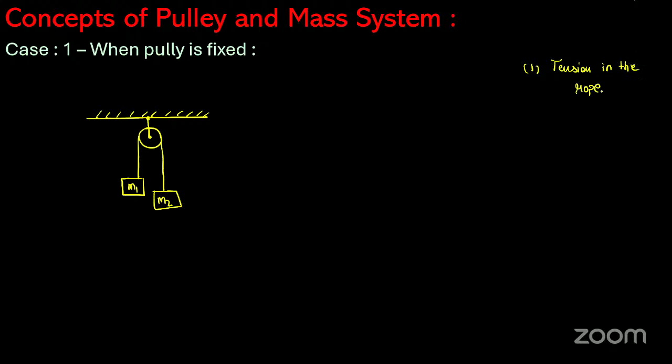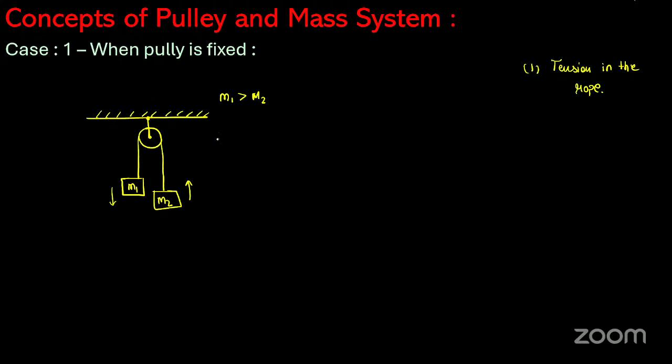Would it be the same or would it be different? So how to approach that? First of all, see, this pulley is an ideal pulley and this pulley is fixed also. So if the pulley is fixed, the acceleration on both the sides, because they are different masses, and let's suppose that M1 is greater than M2. So definitely this block will move downward because it is heavier,